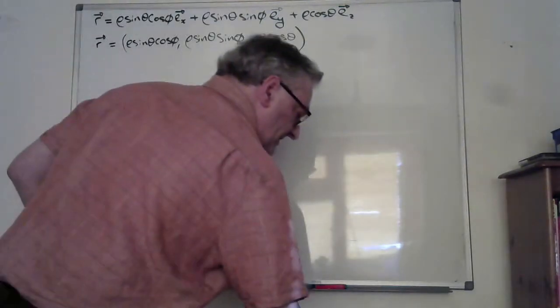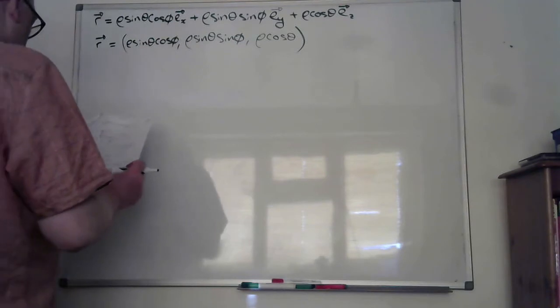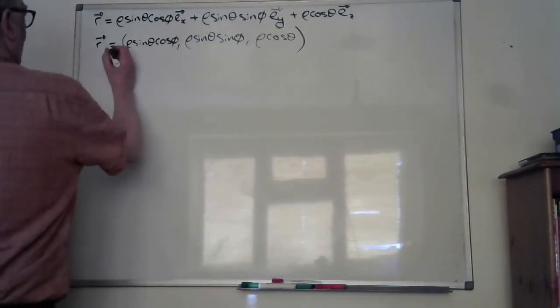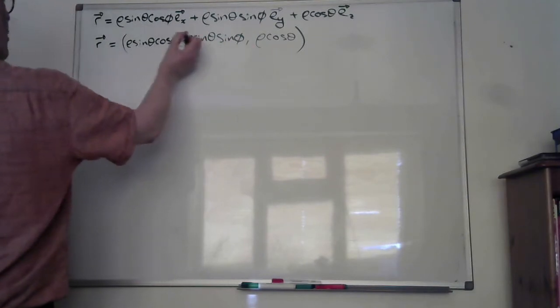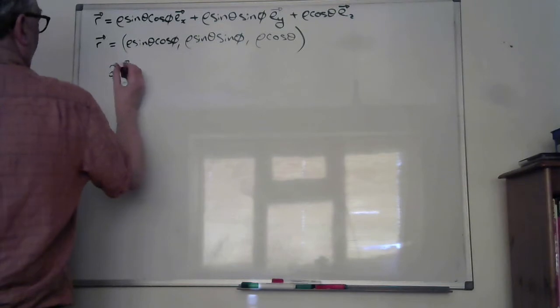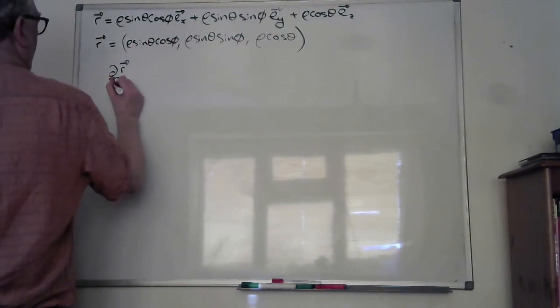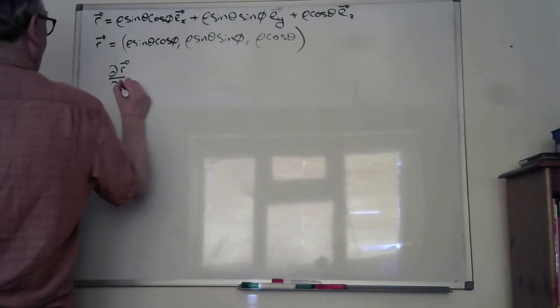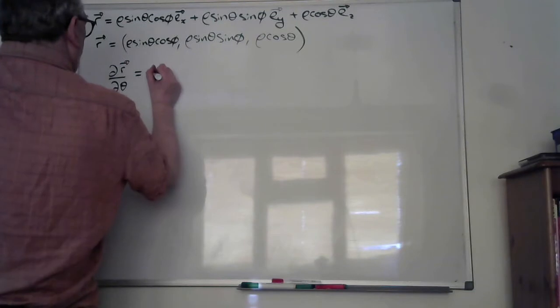I better just define what we need to do next. Basically the derivative with respect to theta of all of that, a partial derivative. So dr by d theta is actually equal to the polar